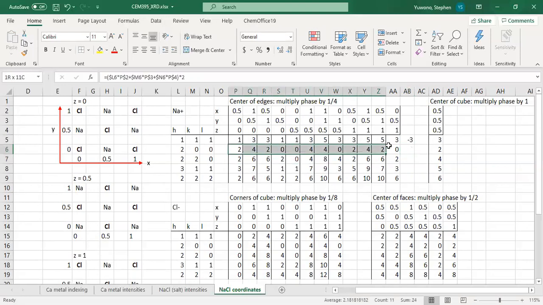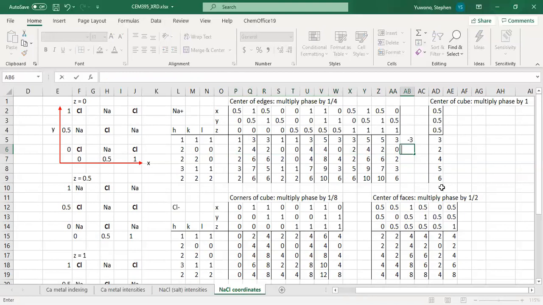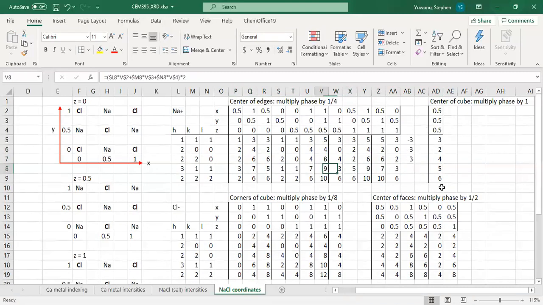Here, it's all even. So it's going to be +1 for everything. So it's going to be +3, because we have 12 divided by 4. Here again, it's all even. So it's going to be 3. Here it's all odd, so it's going to be -3. Here it's all even. So we will have,